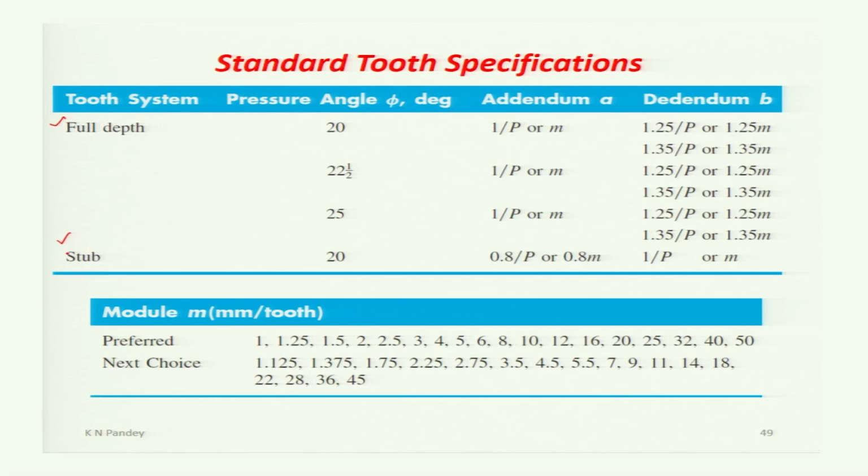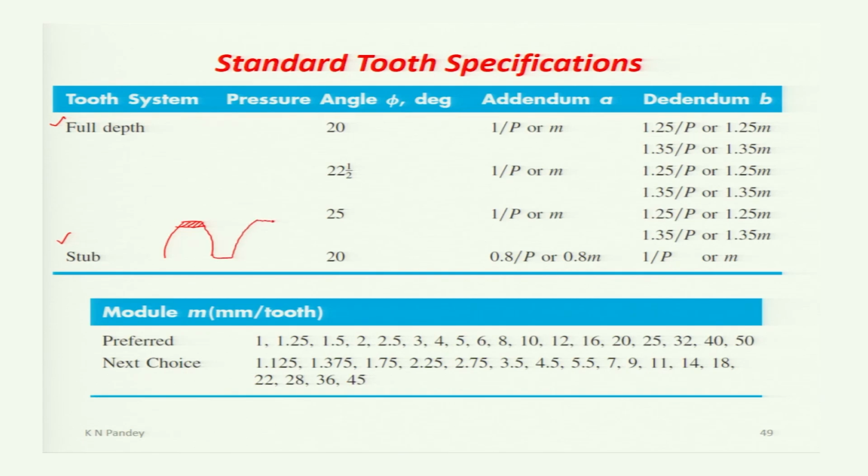We will see in the coming slides what is this stub. Stub gear tooth are tooth which are cut from the top to reduce the addendum part, so that there is no interference. Because when you will have